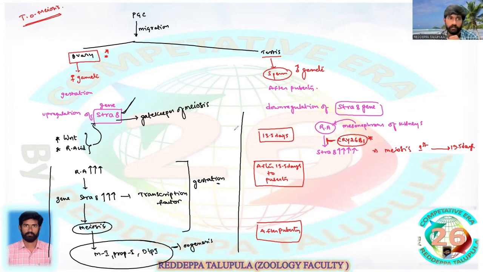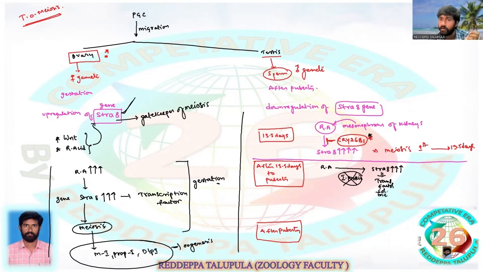Okay, after 13.5 days, what will happen? Now the retinoic acid will be present, which can be converted into STRA8. That means STRA8 gene expression increases because the concentration of the protein involved here gradually decreases after 13.5 days. That means there is no inhibiting protein. Because of the lack of this inhibiting protein, the retinoic acid is converted into the STRA8 gene, which will act as the transcription factor